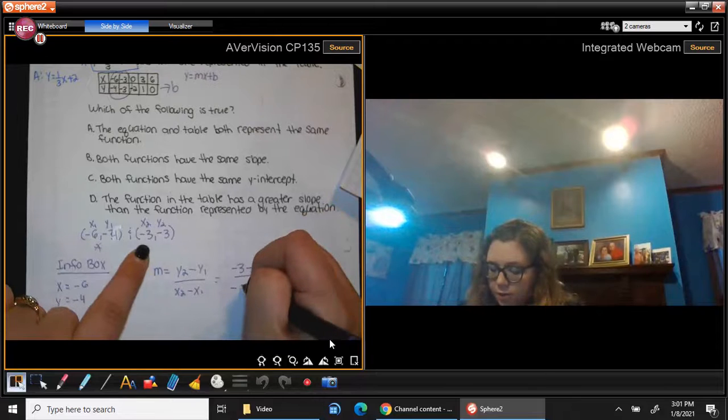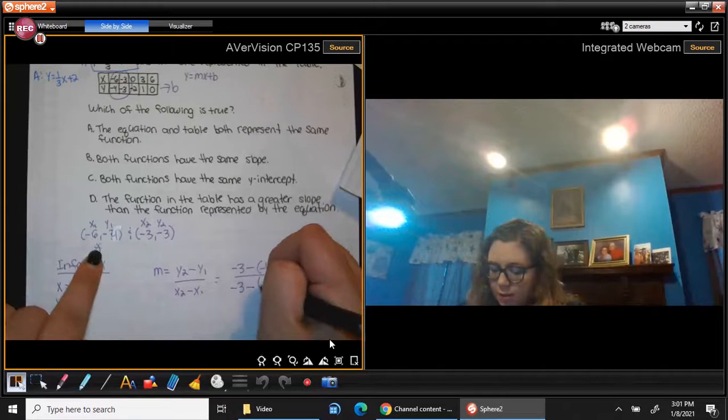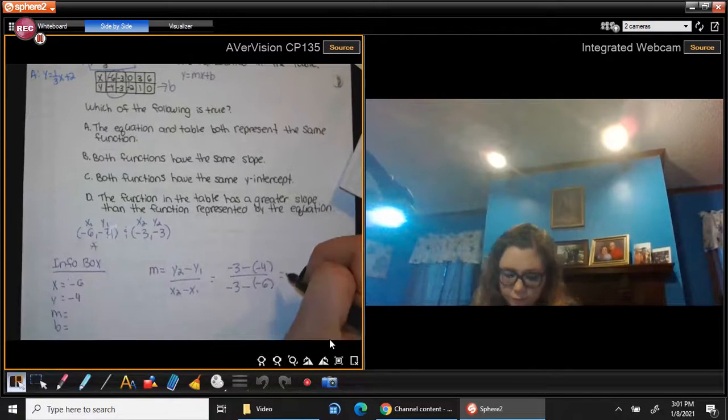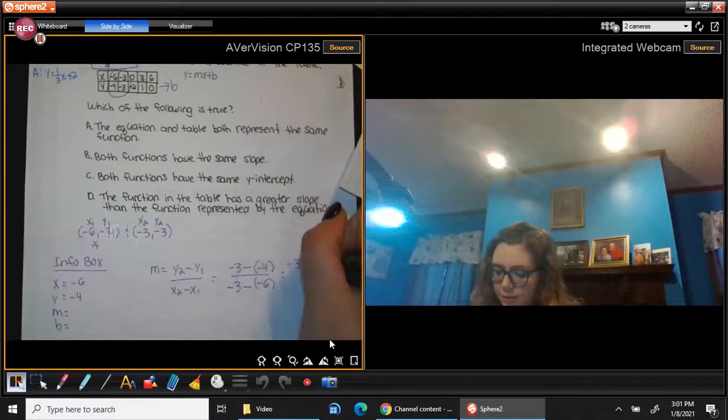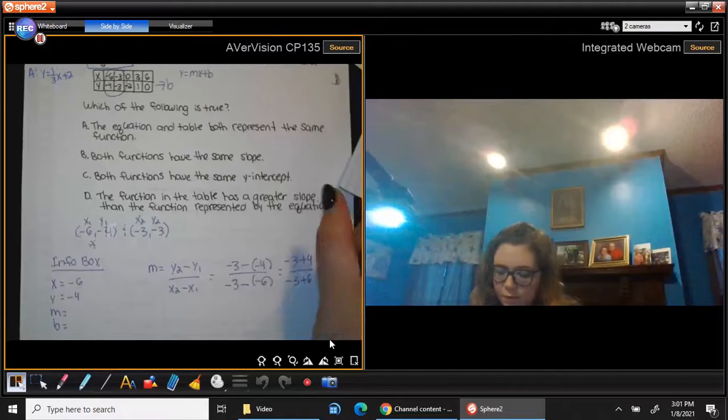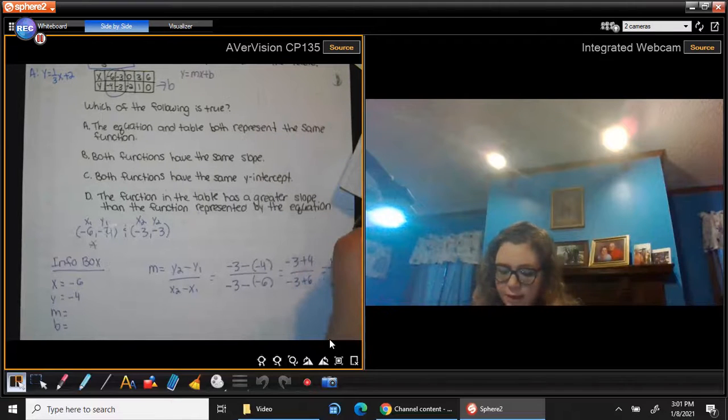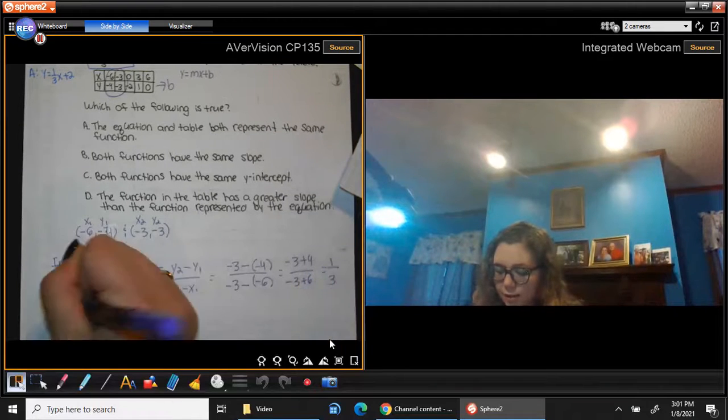Then I have x2, negative 3, minus negative 6. I'm going to solve it. Negative times a negative is a positive, so negative 3 plus 4 is 1. Negative 3 plus 6 is 3. So my slope is